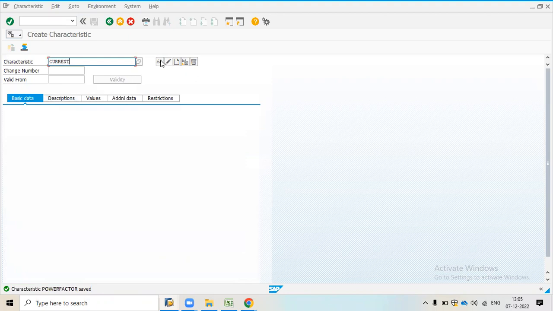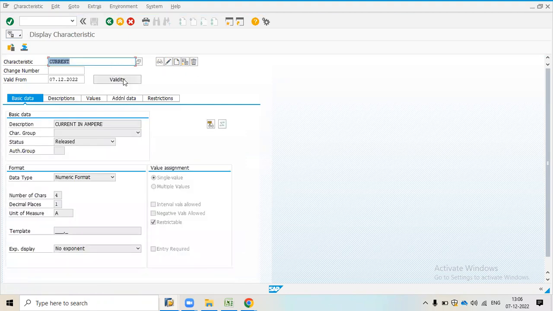If I click on display, it will show, because someone has already created it on our server. So if we want to create a characteristic for current, we need to maintain the detail, after that the detail description, and after that we can maintain here current in ampere.